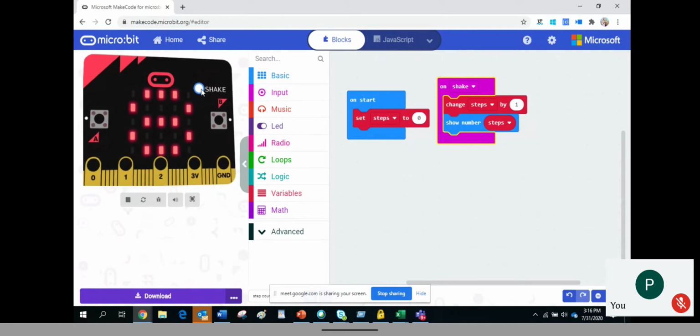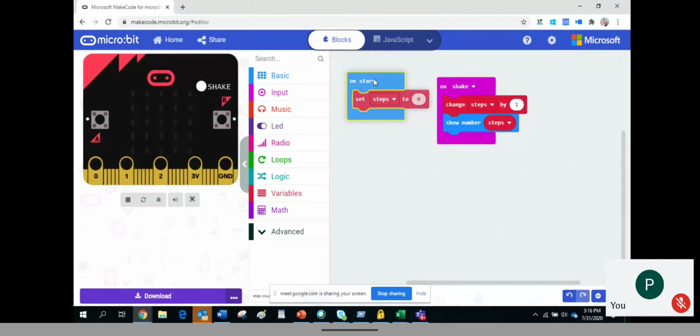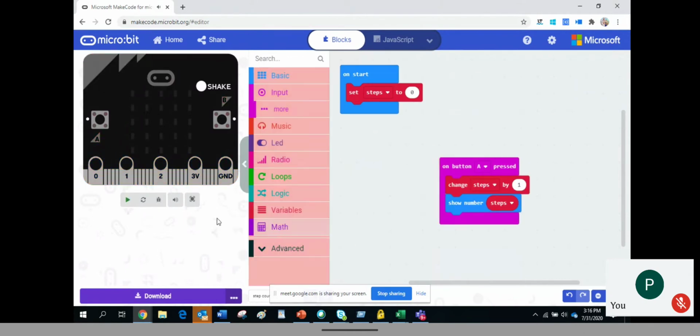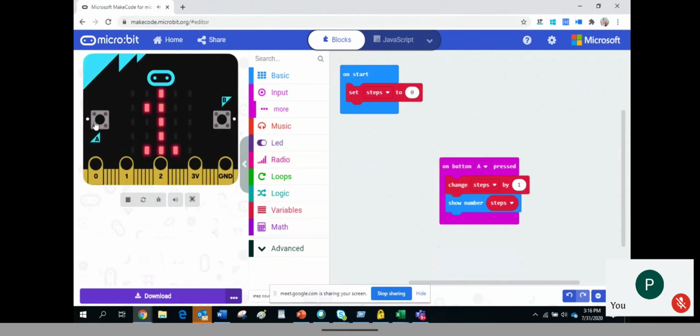So when we are running or walking, if we keep the sensor on a microbit, it presses this button automatically and automatically counts the steps. Okay. So whenever it shakes, it will be counted, right? Yes, sir. We can change this one or use another one also. Okay. Like this.